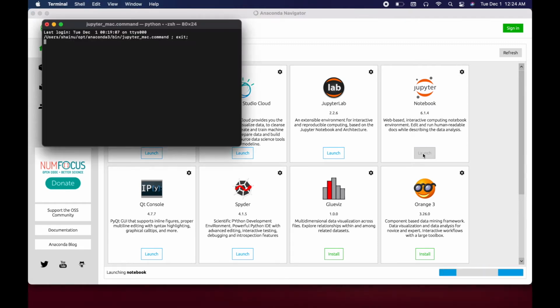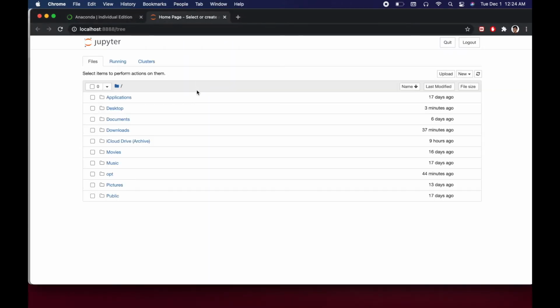option there. And it's going to pop up this terminal. Don't be freaked out by that. Maybe you're not freaked out. I don't know. I'm not really sure of your technical skill set, so I just don't want to judge you. But yeah, don't worry about that. It's just going to run in the background, and you will notice a new tab open up in your default